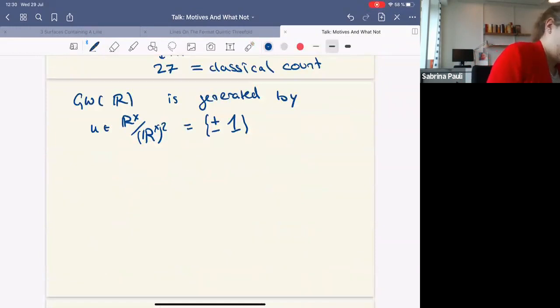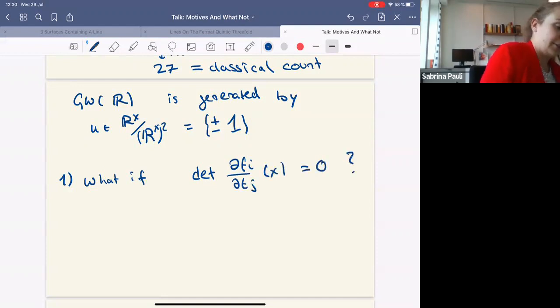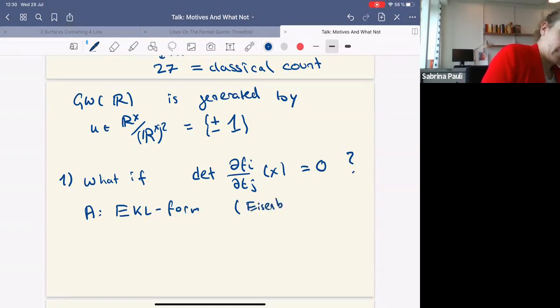So first question, what if this determinant dfi dtj applied to x is 0? Well, the answer to this is we can compute this local contribution with the EKL form. This stands for first Eisenbach and Levine, but this is Harold Levine, not Mark Levine,